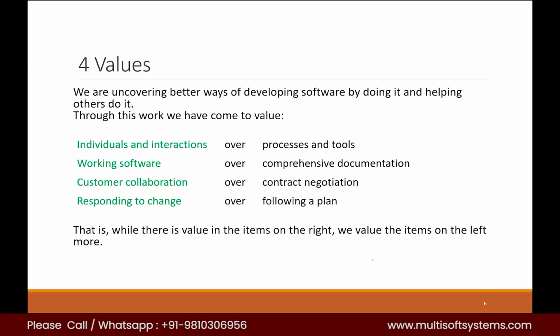So they simply identified that people focus more on the processes, tools, documentation, contracts, and plans they are having, and people keep following them blindly because my organization's process says this, we have to do this. So it does not mean that process, plan, or contract, these things are not important, but they are not the most important thing. As I said, we have to be adaptive, and that is why they say the things which matter more are the interactions, working software, collaboration with your customer, and responding to a change.